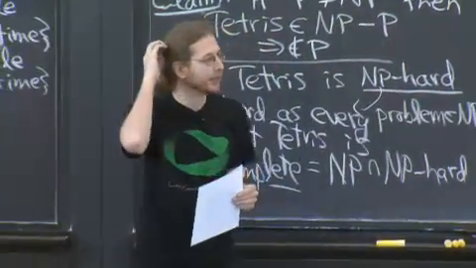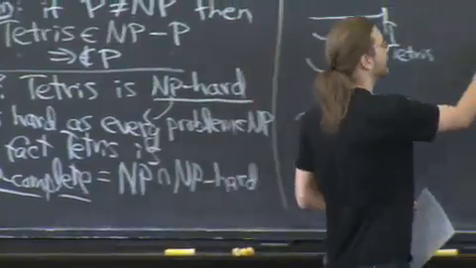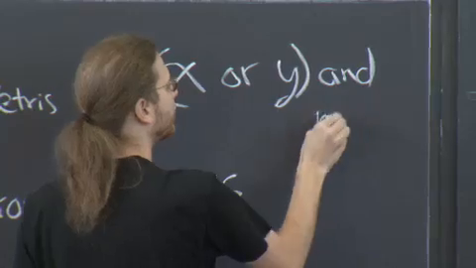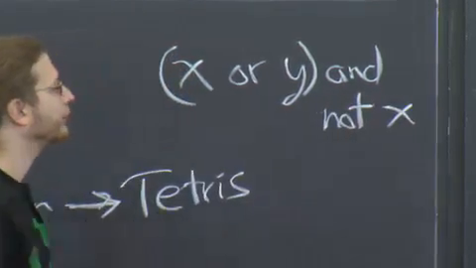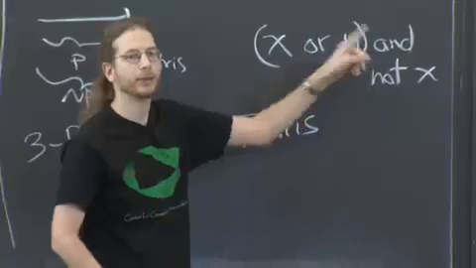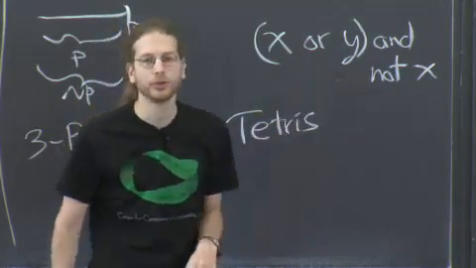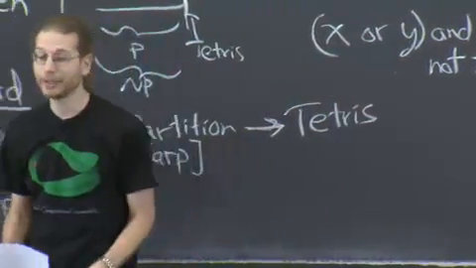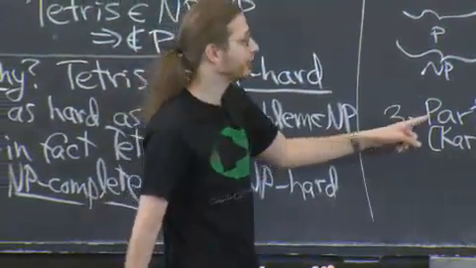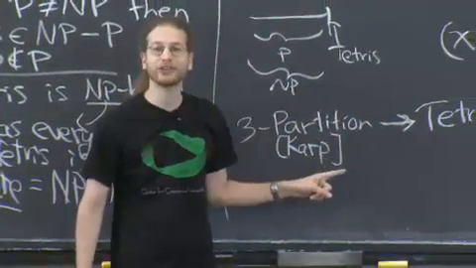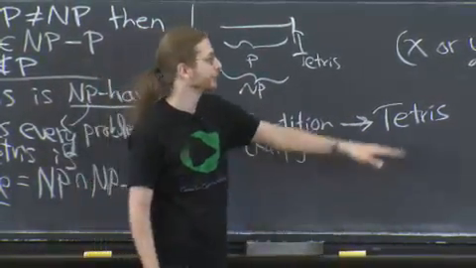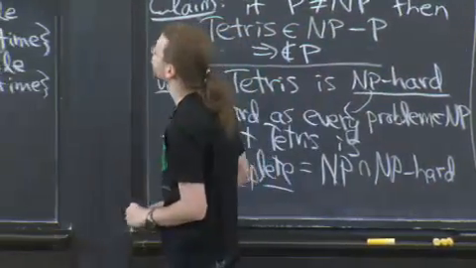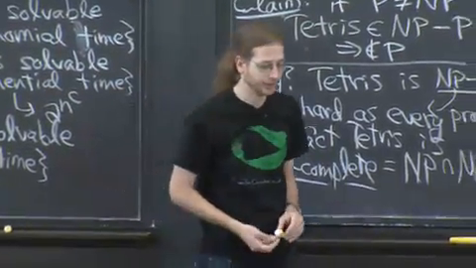SAT. SAT is, I give you a Boolean formula like x or y and not x, something like that. I want to know, is there some setting of the variables that makes this thing come out true? Is it possible to make this true? That's NP-complete. This was actually the first problem that's shown NP-complete. There's this issue, right? If I'm going to show everything's NP-complete by reduction, how the heck do I get started? What's the first problem? And this is the first problem. You could sort of prove it by definition almost of NP here. But I won't do that.